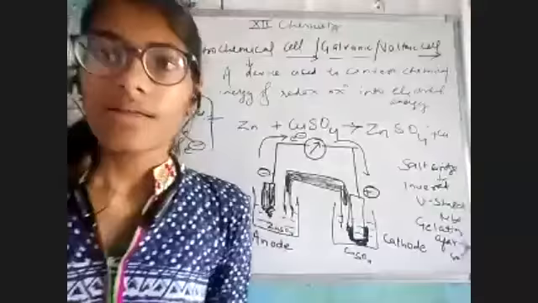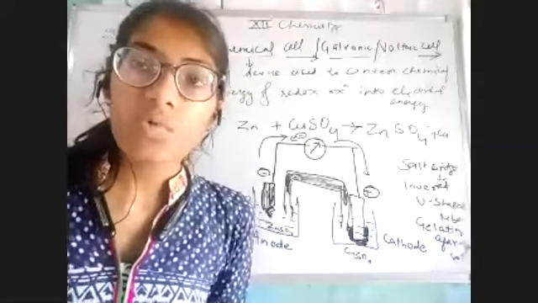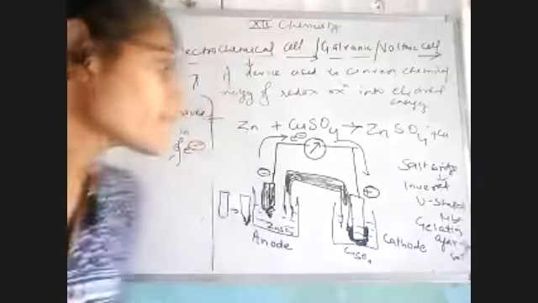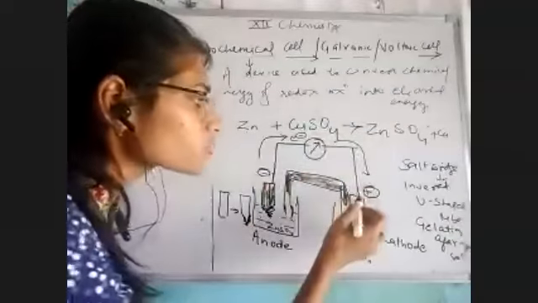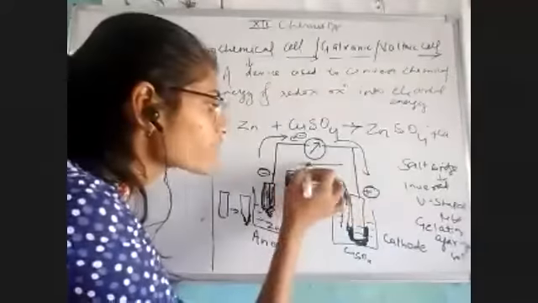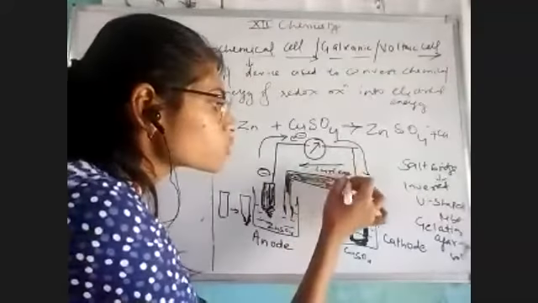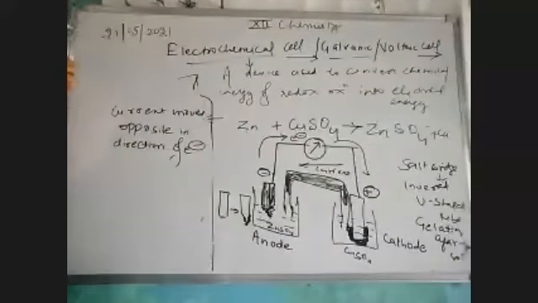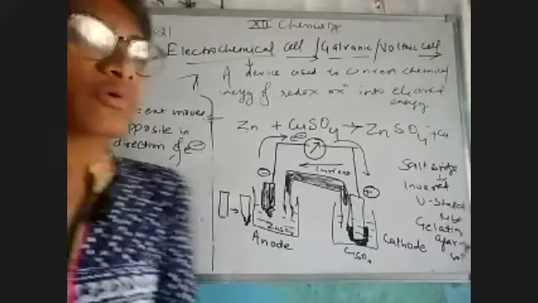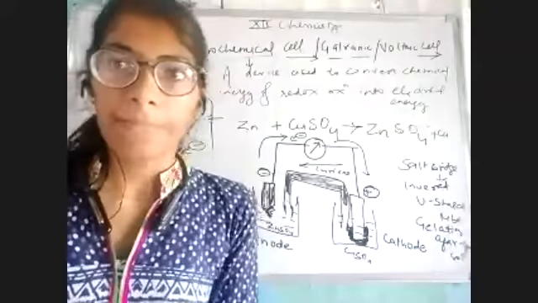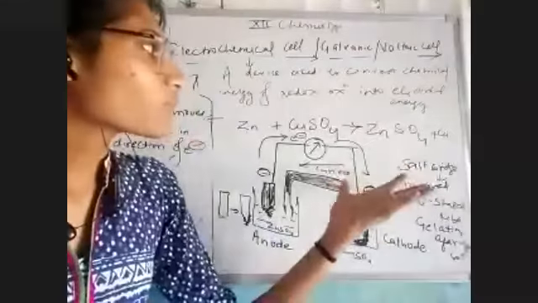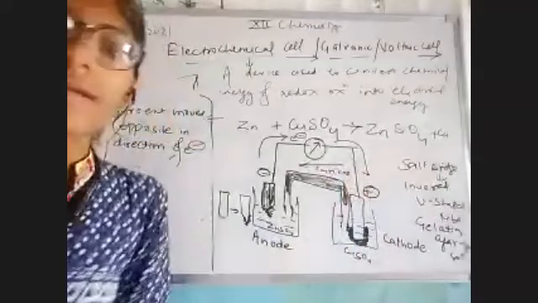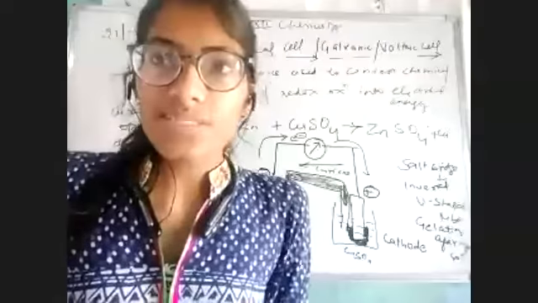What I am saying is that my current starts moving opposite to the electrons. My electrons are moving from zinc to copper. We have seen that with the help of current, with the help of electrical energy, we can use this